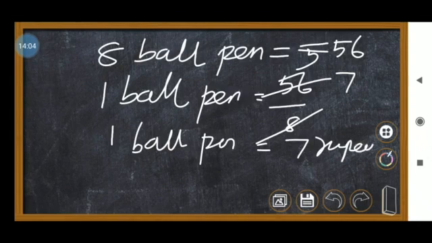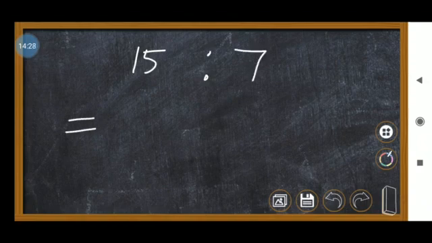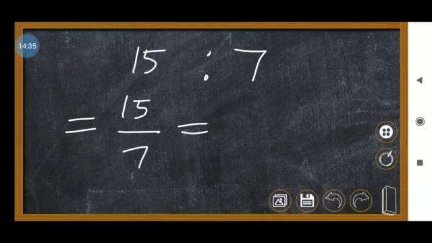Now what they asked is the ratio between the normal pen and the ball pen. For the normal pen, 1 pen costs 15, right? And for the ball pen we found 7. So 15 is to 7. 15 divided by 7, no other table will come, so we can simply leave it. 15 is to 7 is the right answer.